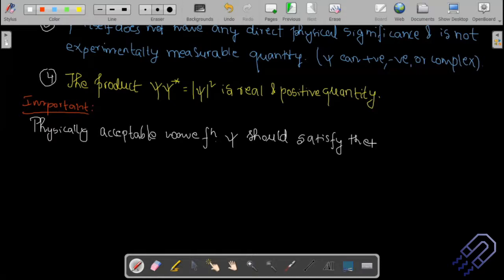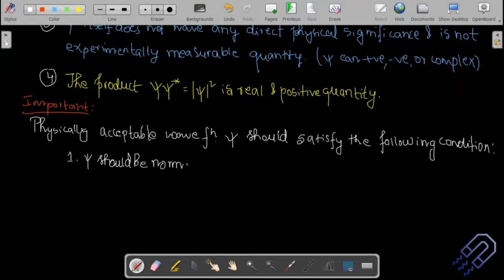the following conditions. I'm just going to take up the conditions one by one. What are those conditions? Number one, psi should be normalized. Okay, normalized. We will use these specific ideas to actually do a lot of numerical problems. So right now, don't worry. Psi should be a normalized wave function